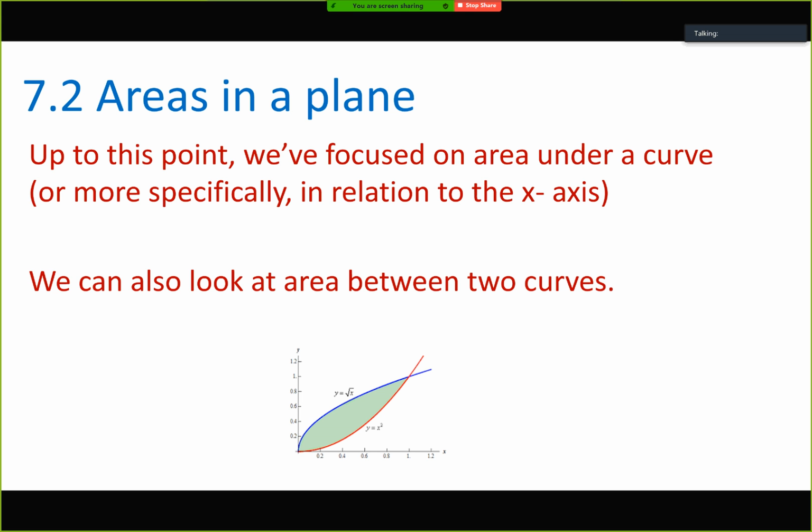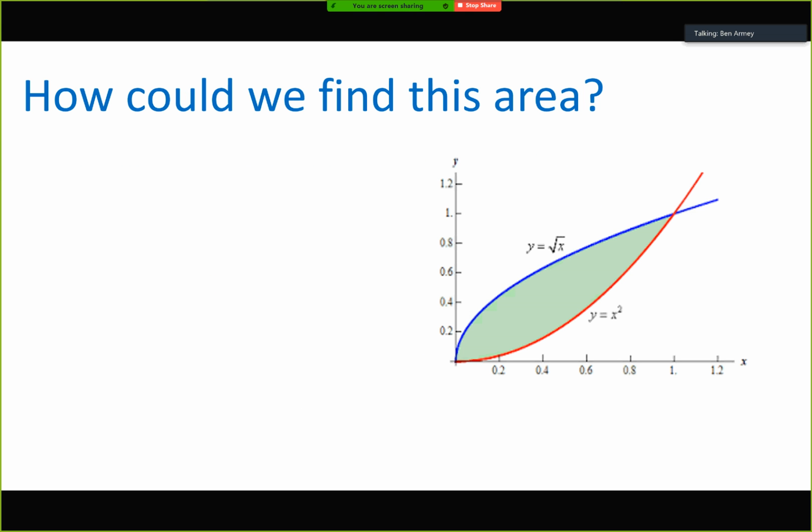Okay, so same shape, it's a little bit bigger. So this blue line is square root of x, and then the bottom line is x squared. So these are inverses of each other, but that's not the purpose of this lesson. If we want to find just this area, okay,